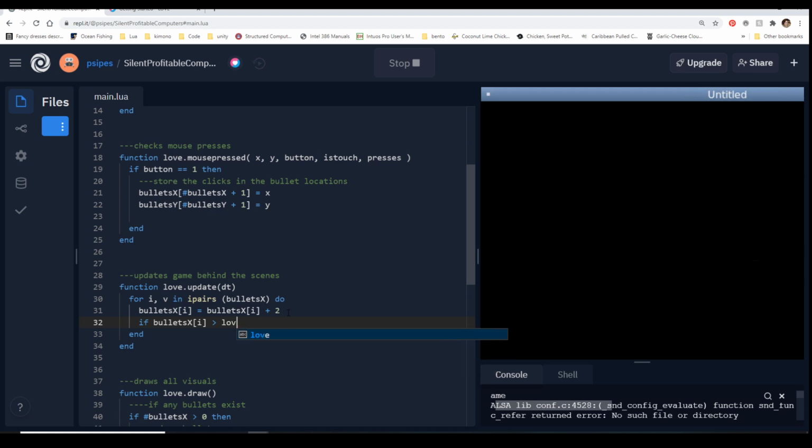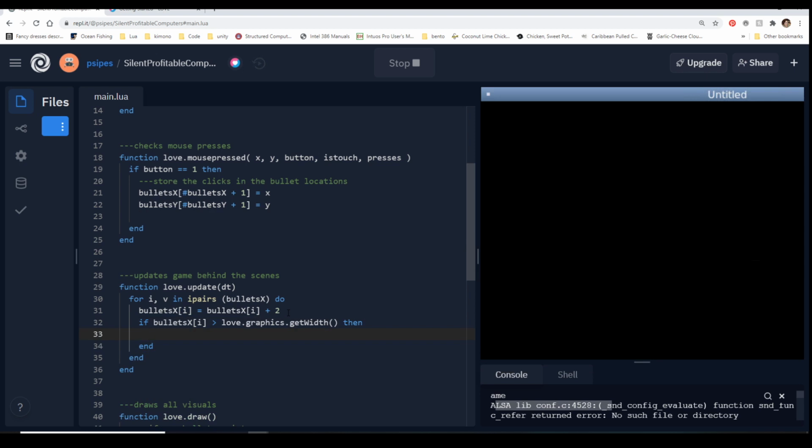So we can say love.graphics.getWidth, and that will get us the width of the entire screen. Then end.